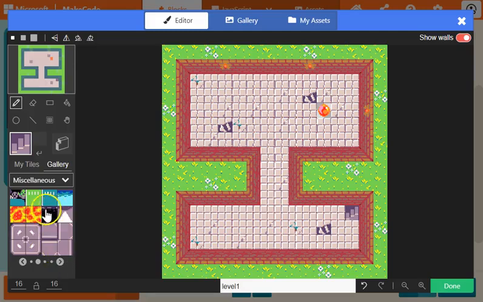You could also add in just like a hole, like a pit. I'm going to add in some lava here. And I'm just going to do the same thing of lava on here. All right. Now, because I want the player to be able to overlap with the lava, I'm not going to make that a wall. If you wanted to not do lives, you could just paint walls over that so the player can't go past it. But for this one, I'm actually going to leave it so that they